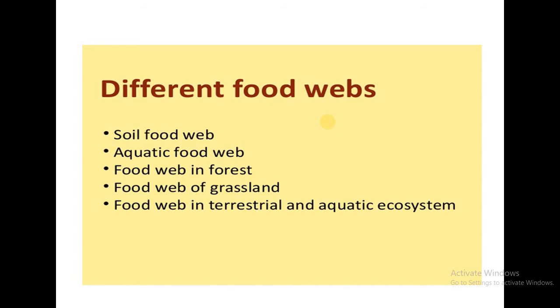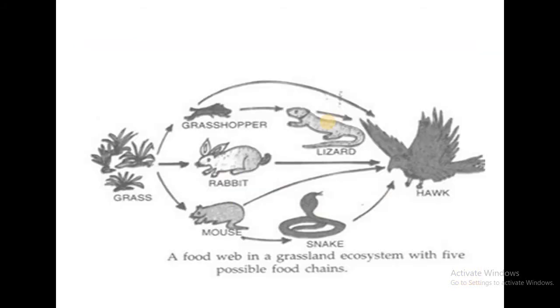There are different types of food webs. One is the soil food web, the aquatic food web, the food web in the forest, the food web of grassland, and the food web in terrestrial and aquatic ecosystems. If you take an example of a food web in a grassland ecosystem with the 5 possible food chains, for example, in a grazing food chain,